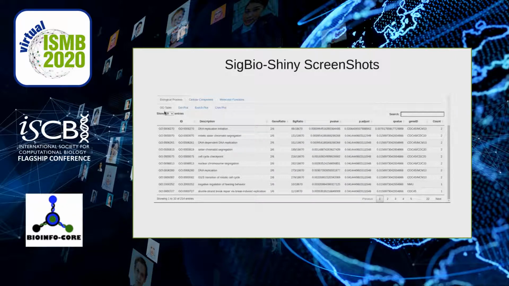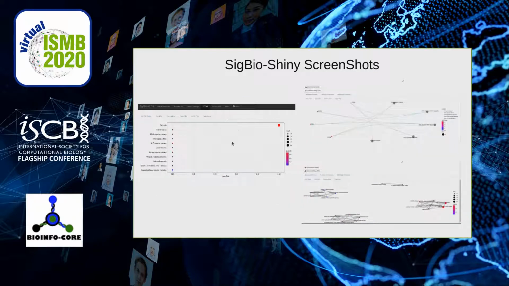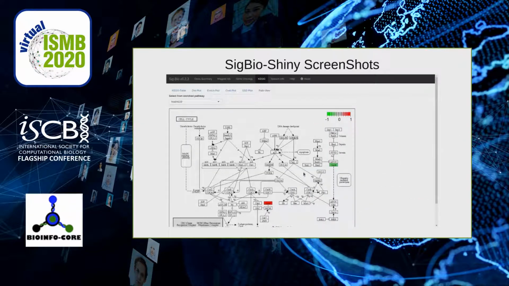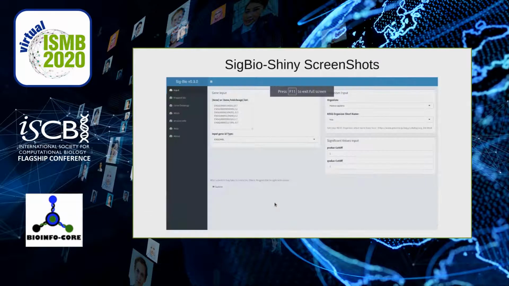There are gene ontology tables and dot plots, enrichment plots, different plots. So these are the different plots you can see. So this is the pathview plot, showing your genes on the pathway. This is the new UI we are migrating to, which helps us with a better modular design approach.